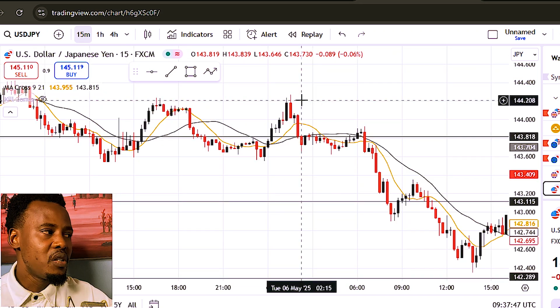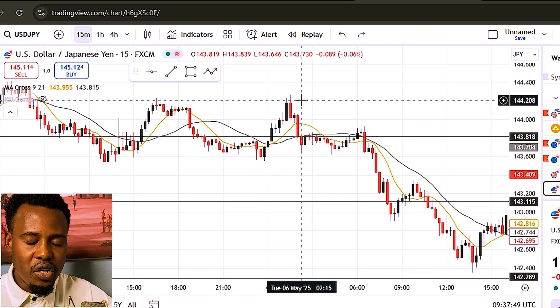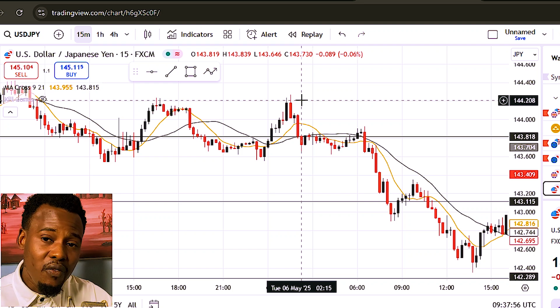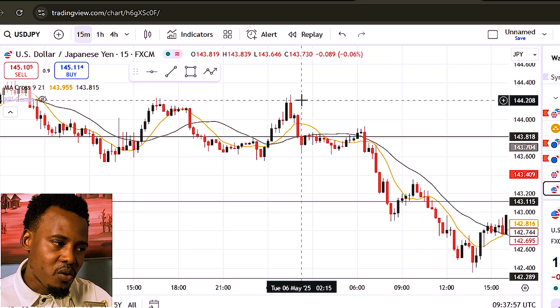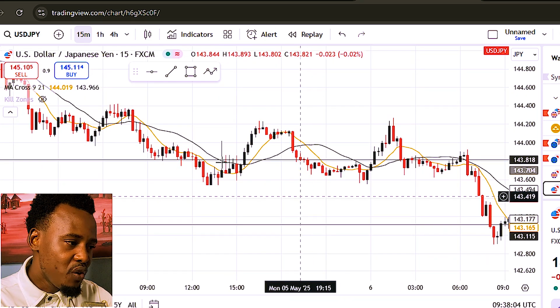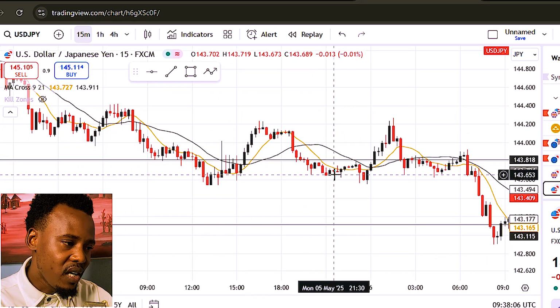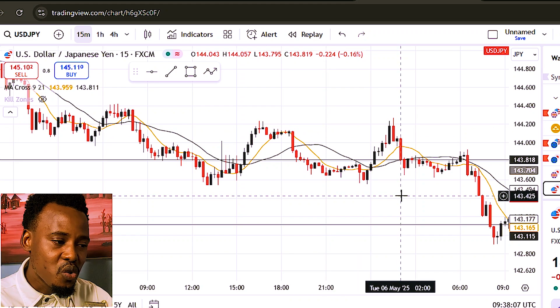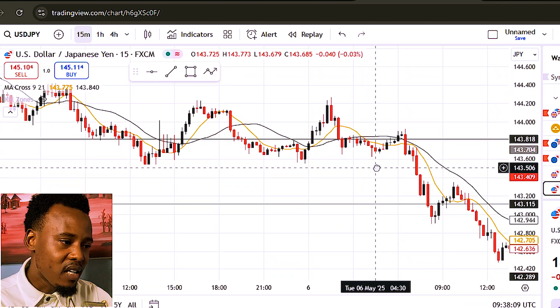So don't use the MA cross in a ranging market. If you use it, you will definitely lose money, and you will keep blowing accounts in such a way that they will keep crossing over themselves. As you can see over here, every small move, they cross over themselves again and again. So you won't know where the price or the market is going.